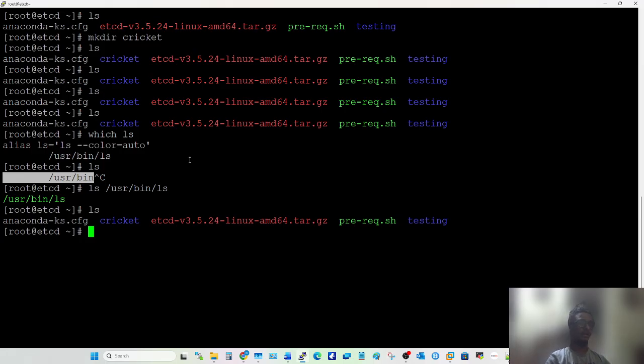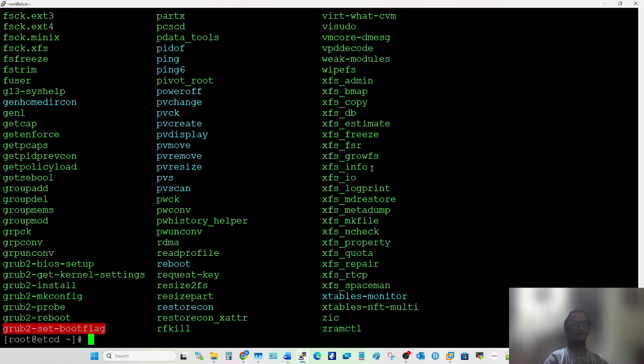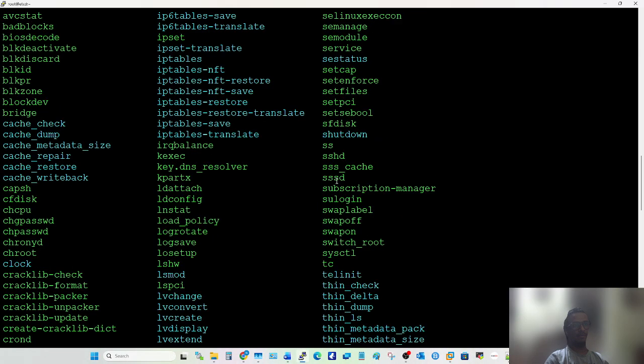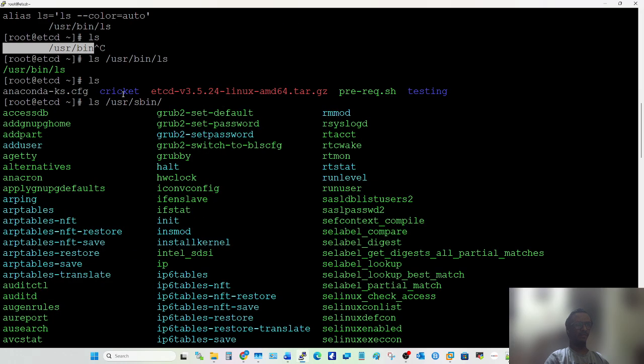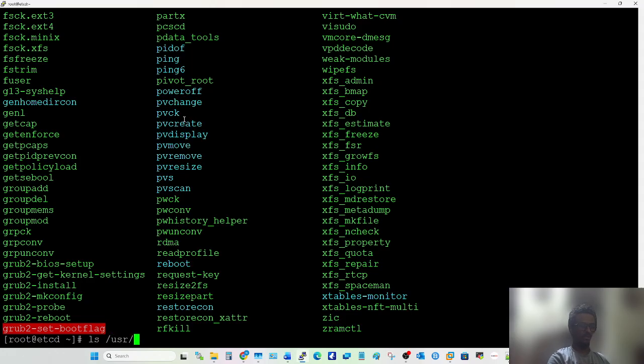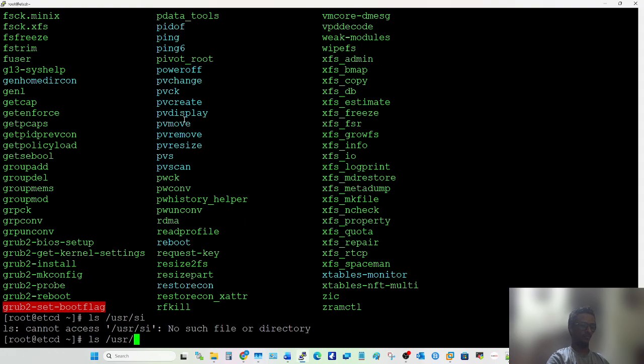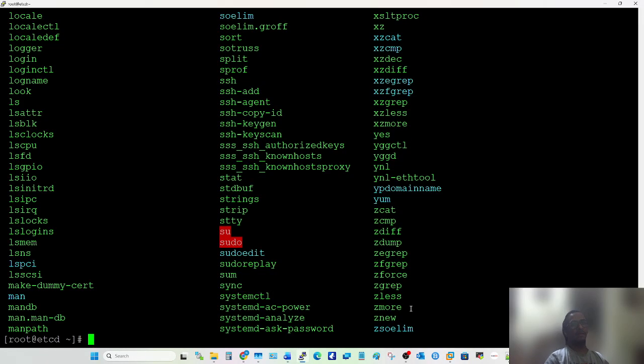All the commands are stored in either /usr/bin or /usr/sbin. You can see so many green files over here, and blue files as well. If this is /usr/sbin, and if I go to /usr/bin, there are multiple files.